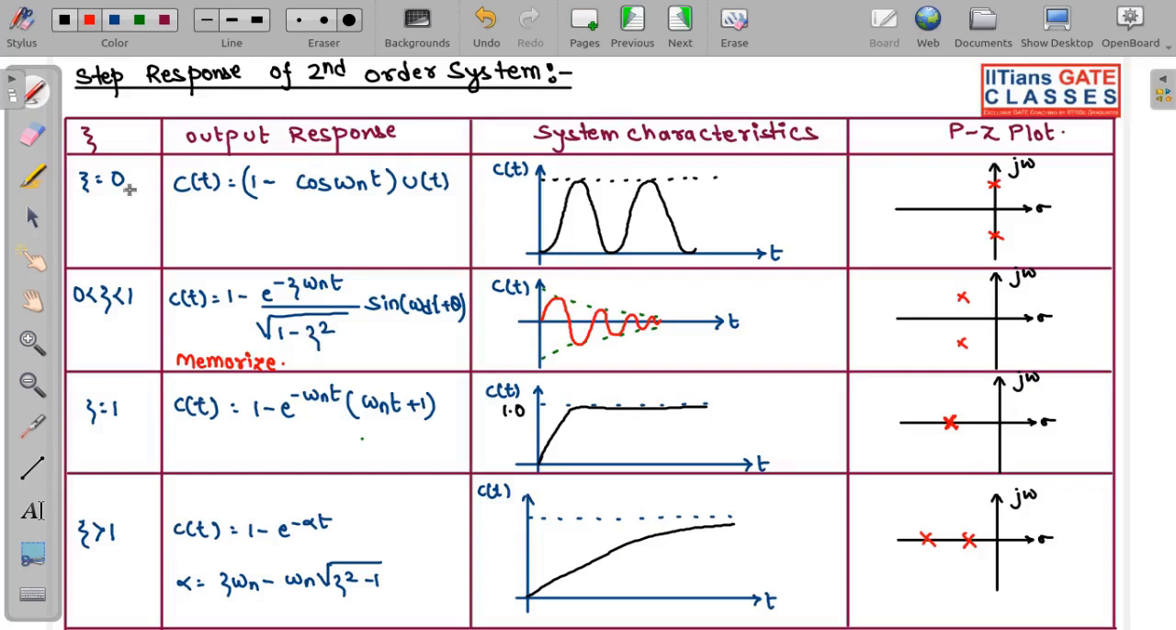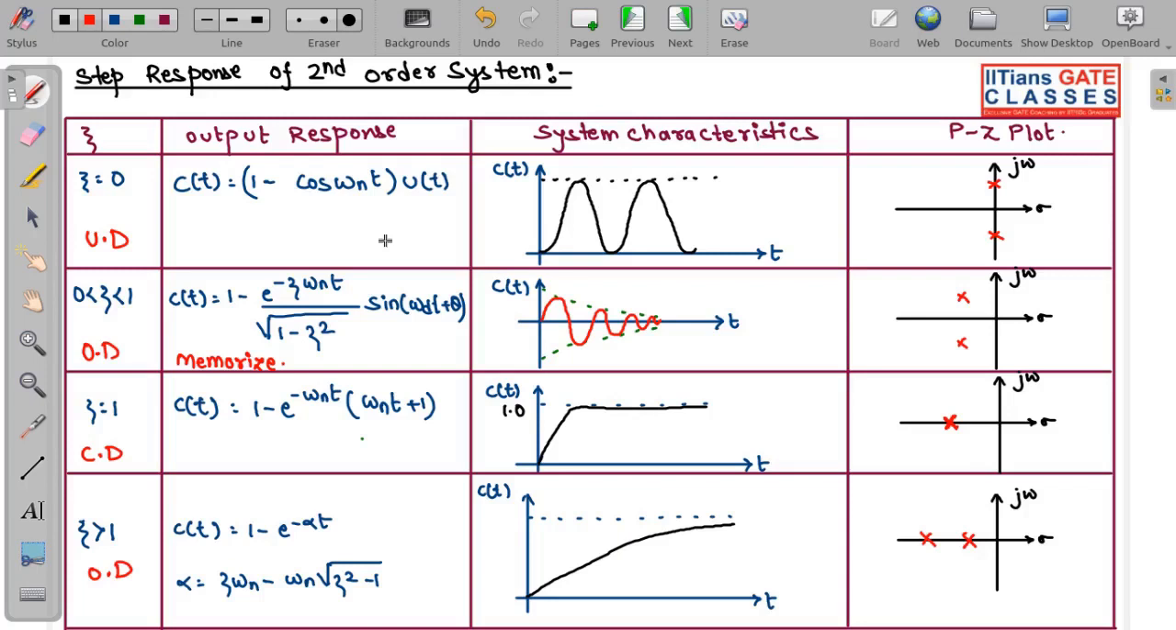So over here, when zeta is equal to 0, this is known as your undamped system. This is your critically damped system, and this is your overdamped system. So only you need